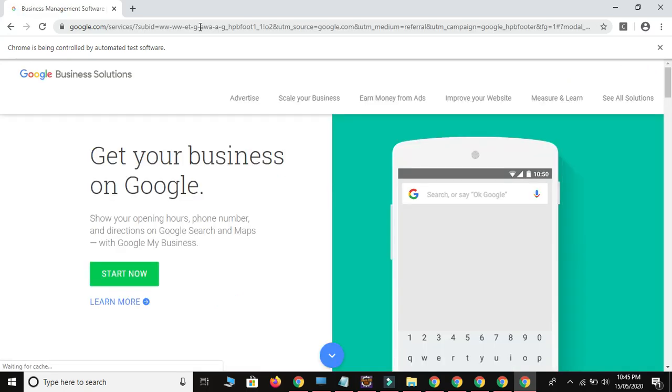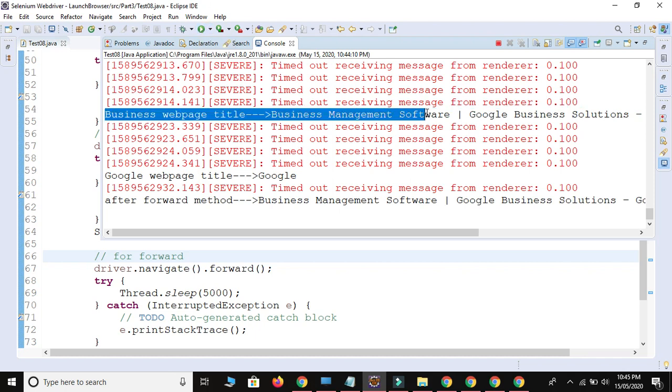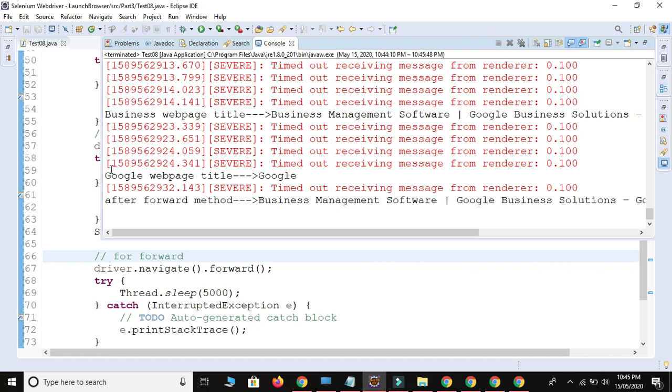See guys, the example of both method, and it will close. Yeah, good. So this is the title of business, then come again backward to Google, and then go again forward for the same web page.